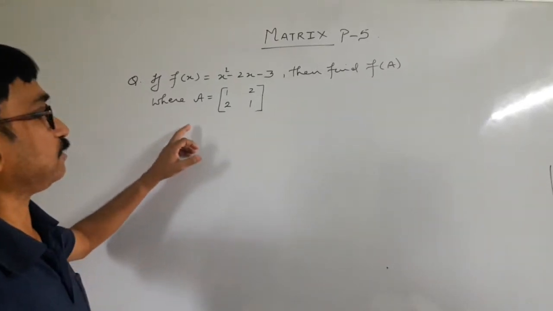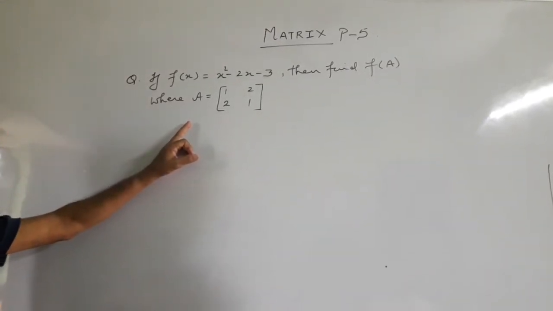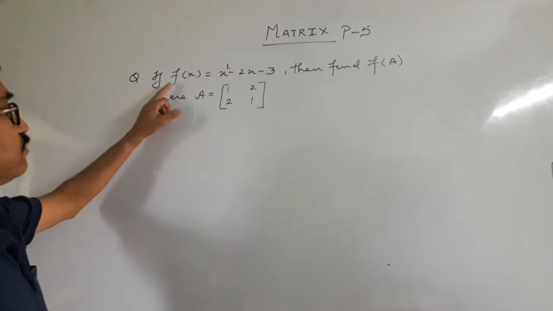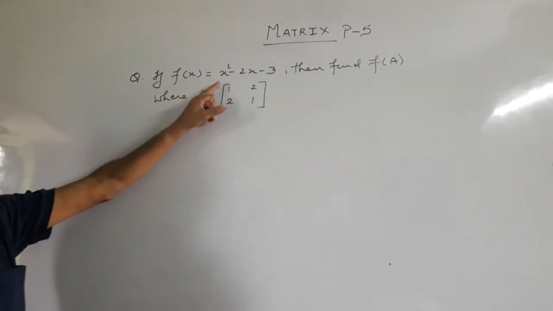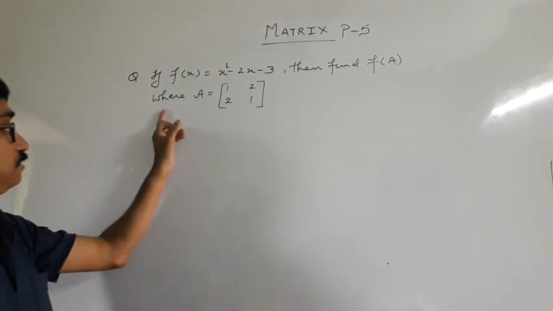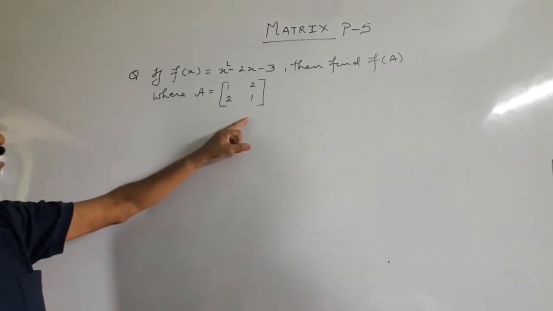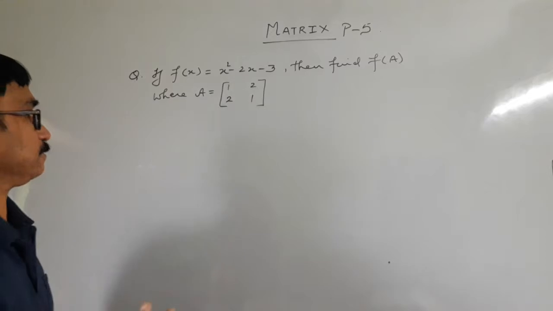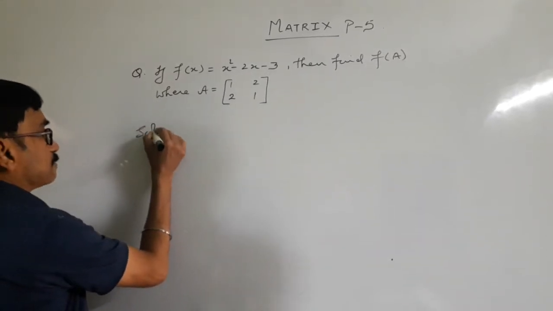Welcome back to the period number 5 of a matrix. The question is, if f of x equals x square minus 2x minus 3, then find f of A, where A is a matrix of order 2 by 2 having the elements 1, 2, 2, 1. So solution,